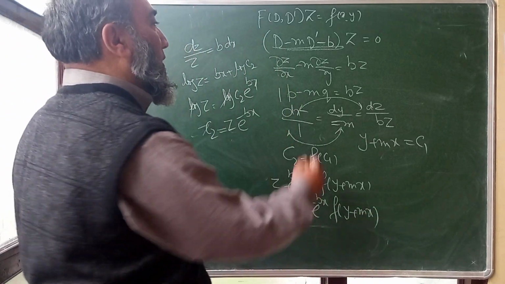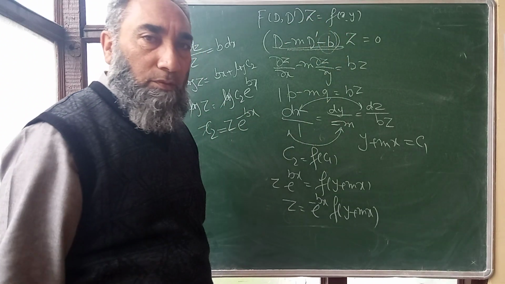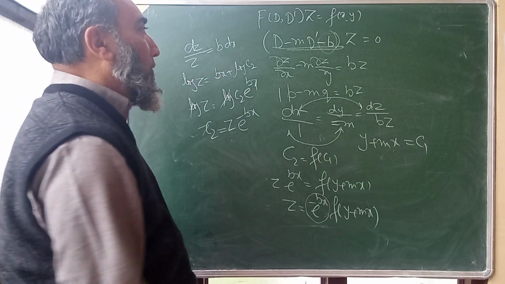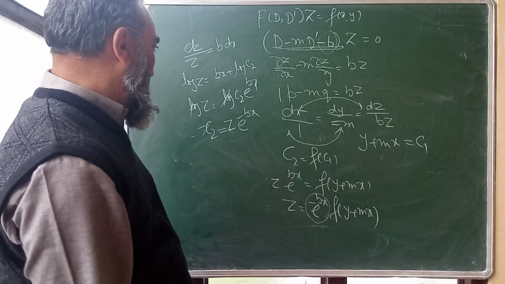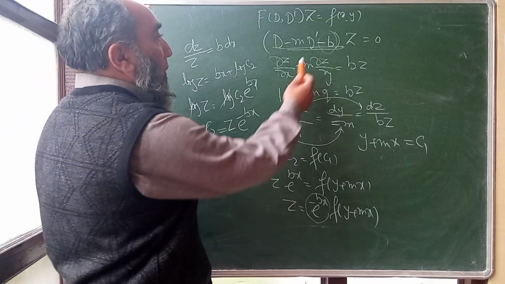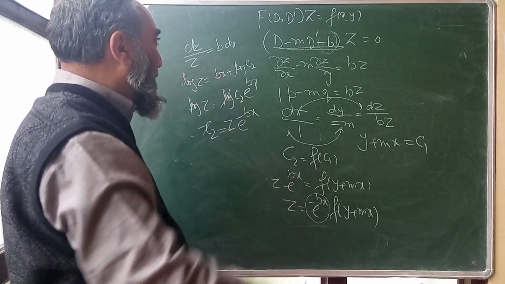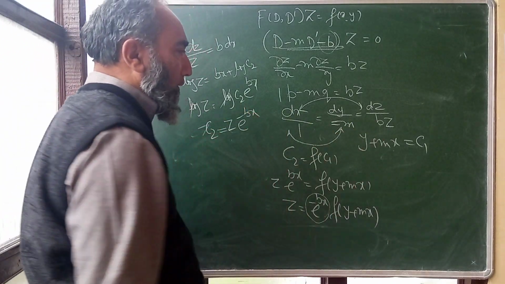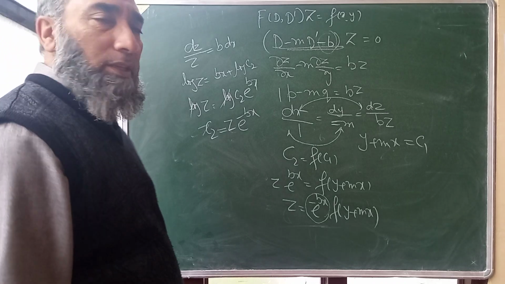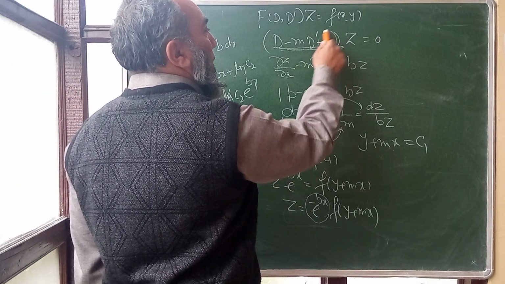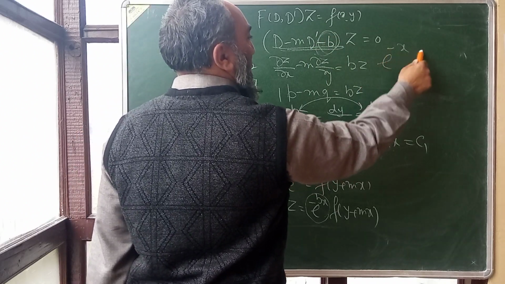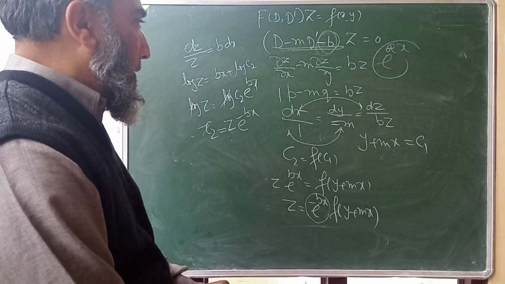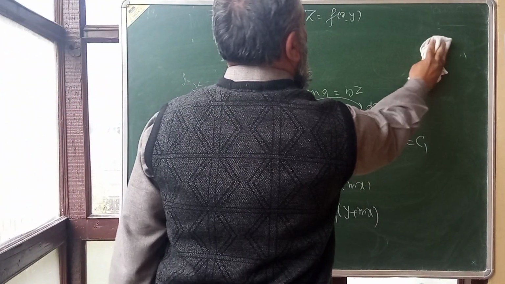So this is it. If there is a factor which makes a differential equation non-homogeneous, what you have to do is multiply by e raised power minus bx only. If it is plus or minus b, the sign changes accordingly. So if I have a non-homogeneous part, I have to multiply by e raised power that part, whether it is a, whether it is b, whether it is c. This is it. And for the particular integral,